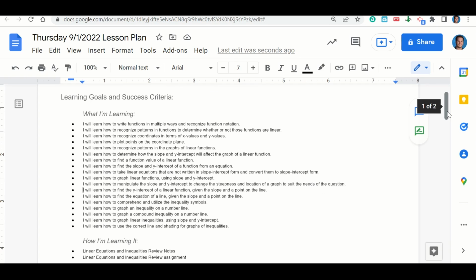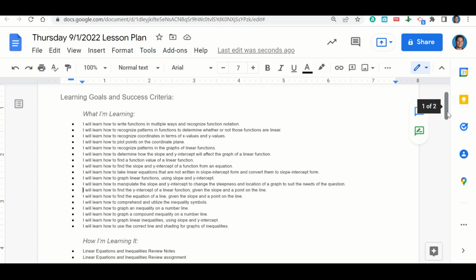We're learning how to recognize coordinates in terms of x values and y values. We're learning how to plot points on the coordinate plane. We're learning how to recognize patterns in the graphs of linear functions, how to determine how the slope and y-intercept will affect the graph of a linear function, how to find a function value of a linear function, how to